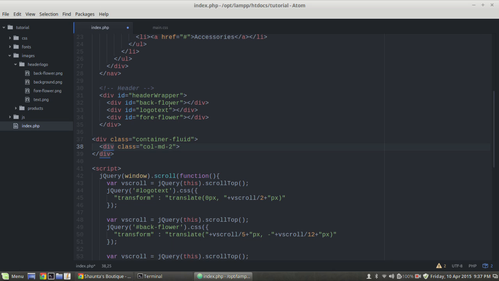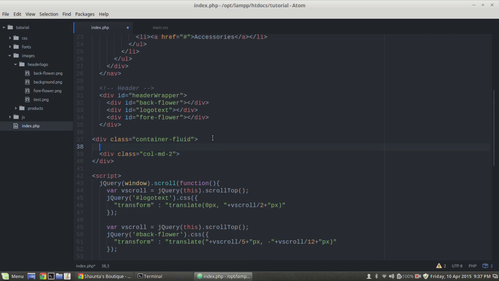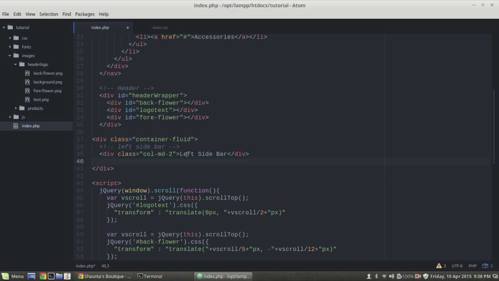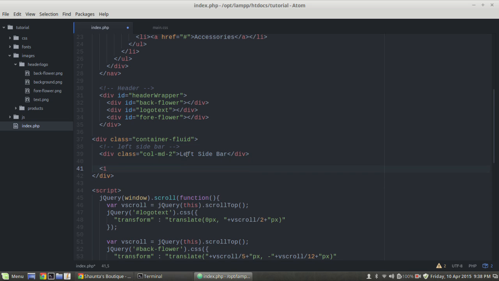So I'm going to go ahead and add a comment here as well, just so we can stay on top of our commenting, and to make it easier later when we go to split this up. So I'm going to call this left sidebar. Go ahead and close this div. For now, just so we can see what's going on, I'm going to put left sidebar here. And then I'm going to create another, and we'll call this main content,